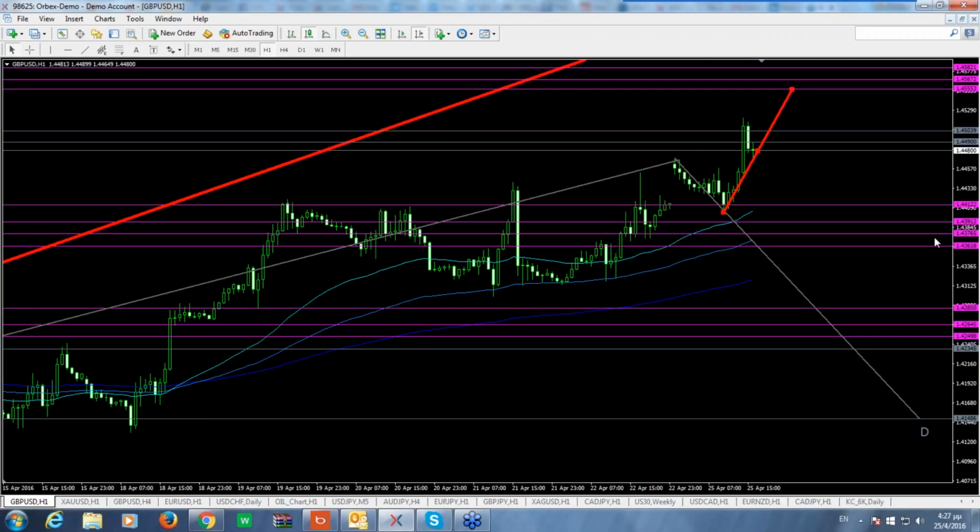But the problem here is that if you're looking at a potential move upwards and you want to cut your losses, you might as well cut them early at the level that you want, as opposed to keeping the trade on and it going upwards more, because at the moment we have more chances of it going up than down. We will look into that on the 4-hour as well as the daily chart for the GBP USD. But what's going on now